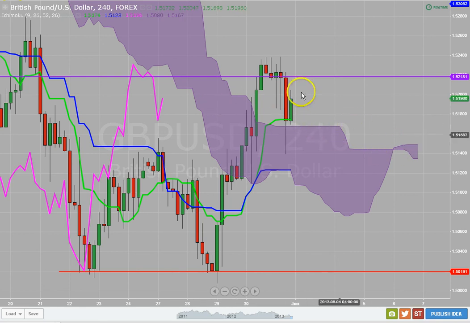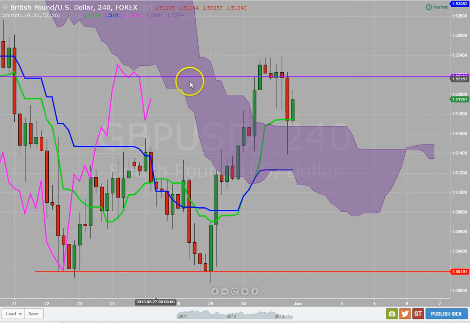Everything on this chart is bullish. Price is above the cloud. TK crossover, medium strength inside the cloud. You've got a Kumo twist right here, that's bullish. Your future is bullish. Your Chikou span is bullish below the price, but you're getting ready to run into the cloud here. But it's not a really thick cloud.